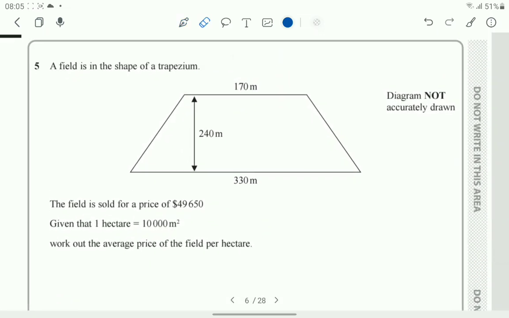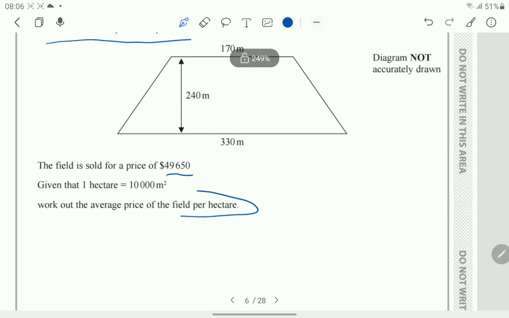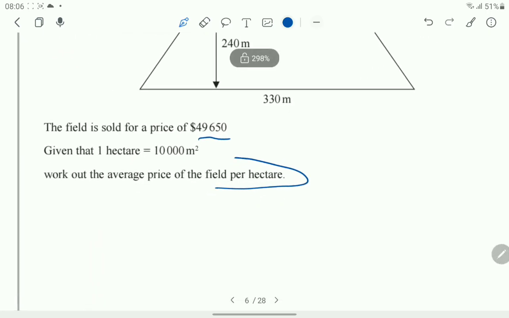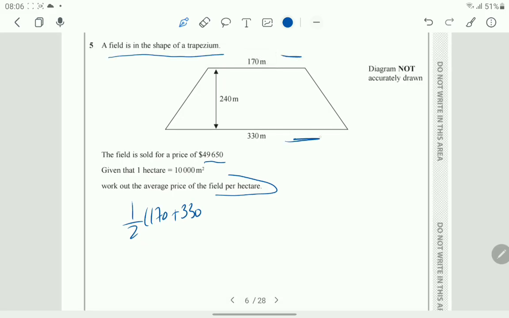Question 5. A field is in the shape of a trapezium. As we can see, the field is sold for a price of 49,650. Given that 1 hectare equals 10,000 square meters, work out the average price of the field per hectare. So first we need to find out the area of this field, and the area of a trapezium is given by the formula half the sum of the parallel sides. These sides are parallel to each other, as you can see. So we take their sum times the height, which is 240, and this gives us